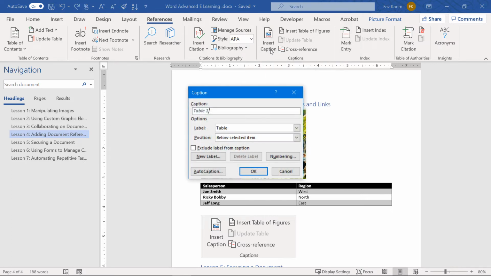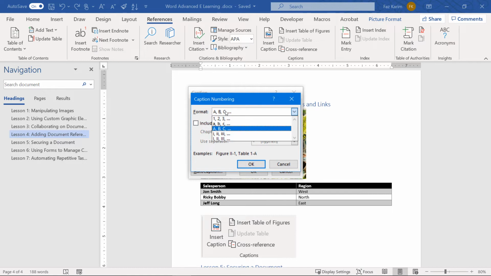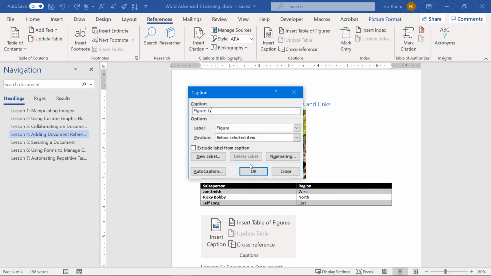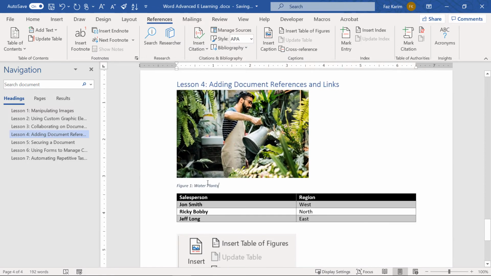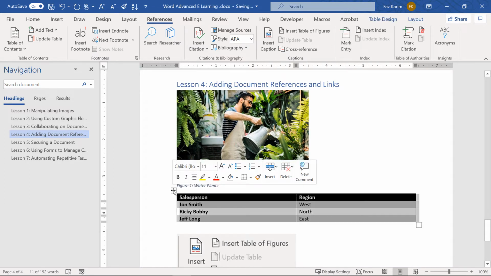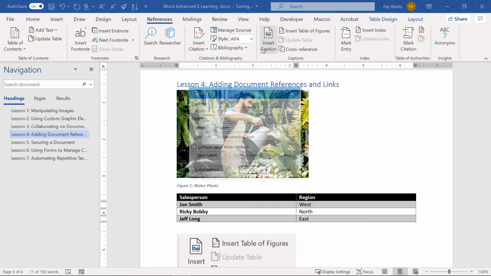I can label it, and I'm going to call this one a figure label. And from there, I can change the numbering style by choosing numbering. And I can click OK. I'll call it watering plants. Now, when I click OK here, it's going to add that figure caption below the image. I can do the same thing for my table here by selecting the table and inserting a caption